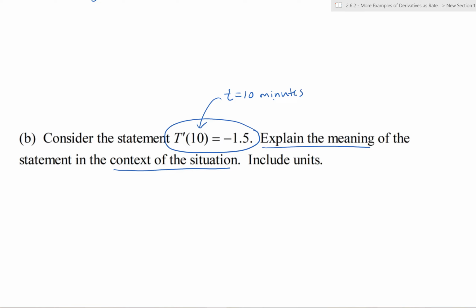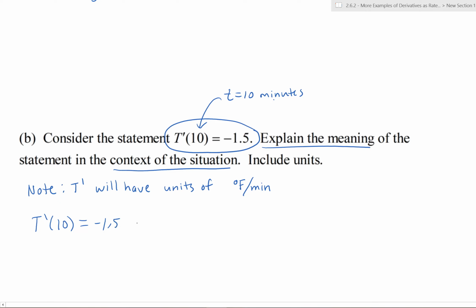We should note one thing about the outputs for big T prime: big T prime will have units of degrees Fahrenheit per minute, because the change in the output direction is change in temperature in degrees Fahrenheit, and the change in the input direction is change in time in minutes. And thus, what this statement, big T prime of 10 is equal to negative 1.5, is really saying is that after 10 minutes